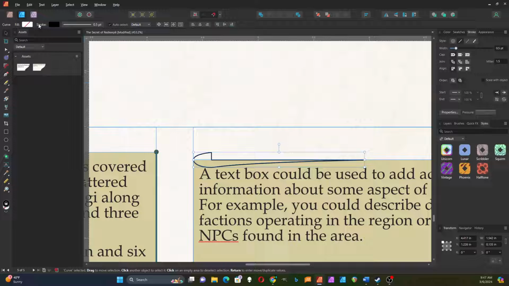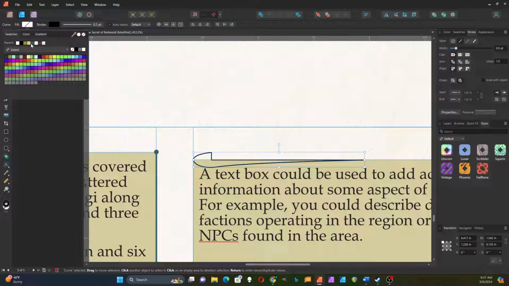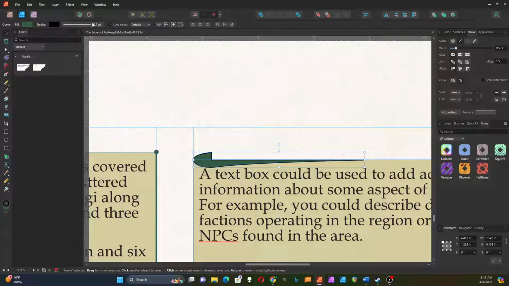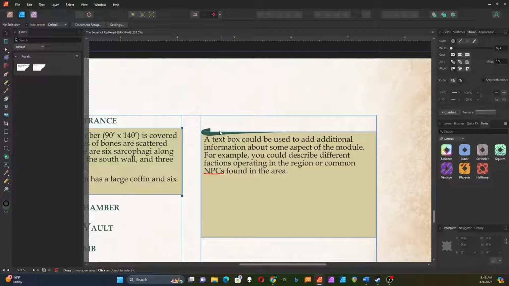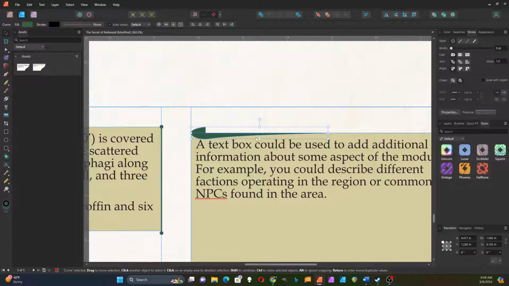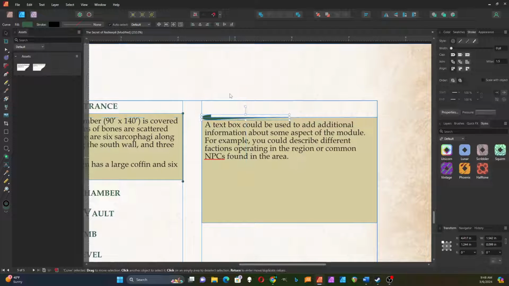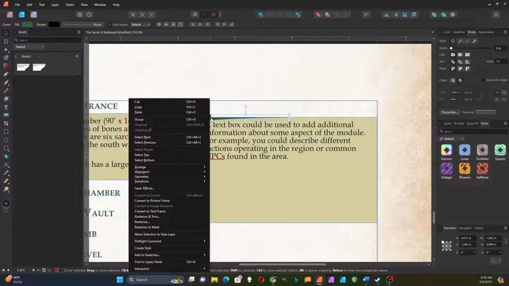I'm going to make that have a fill of dark green, and now I'm going to turn the stroke off again. So there's my shape, and it's a little bigger than I want, so I'm going to make that a little smaller. Like that. Okay, and I can adjust that later, but now it's snapped to that one. So I'm going to copy that and paste it